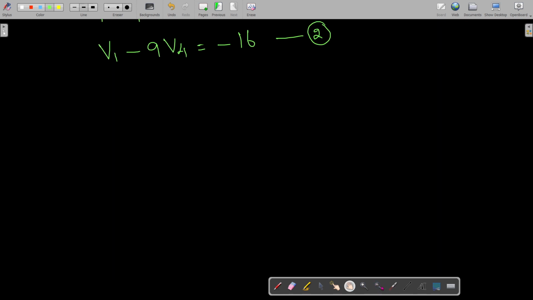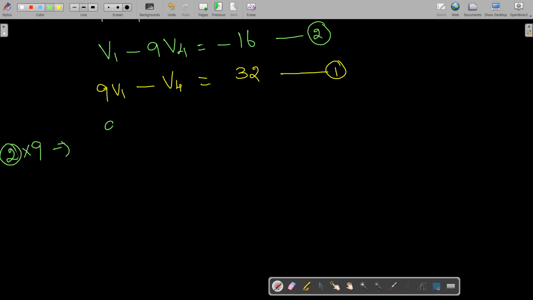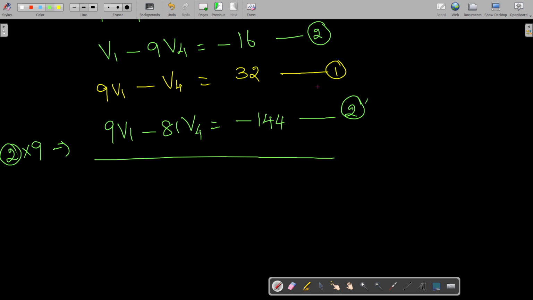Now I would like to bring the first equation here. Multiply the second equation by 9, so that we get 9V1 minus 81V4 equal to minus 144. This is the modified version of the second equation. Solve these two equations, 1 and 2 dash. For that I would like to change the sign here so that these two get cancelled, and here we get the answer as